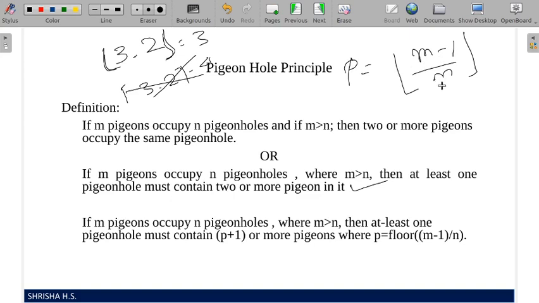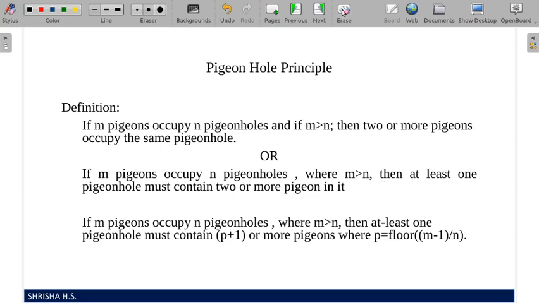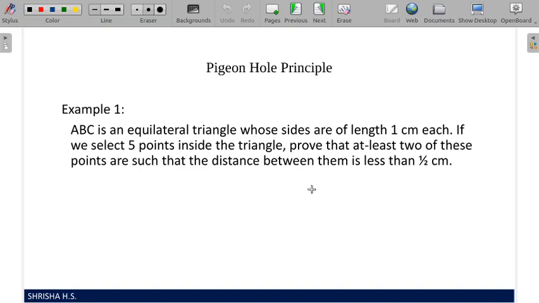Here n is the number of pigeon nests, and m is the number of pigeons. This is useful for solving problems, so we have to remember this formula. This definition is also very important for the examination. Questions like "Define the pigeonhole principle" or "What is the pigeonhole principle?" you may get. So this is the theory we have. Let's go for the first example. There will always be at least one problem on the pigeonhole principle in the examination, so it is important.